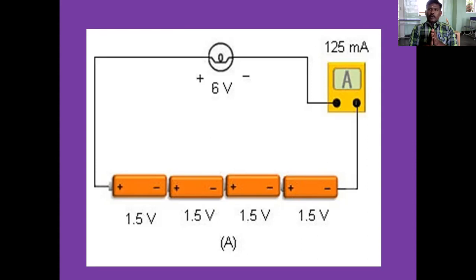If you are using one bulb, the 6 volt circle at the upper part is nothing but an electrical bulb. That bulb can glow when you apply a voltage of 6 volt. Now we are connecting 1.5 volt cells in a series combination. So you add all 4 values, 1.5 plus 1.5 plus 1.5 plus 1.5, which totals 6 volt. V is the unit for voltage. We mostly use 6 volt batteries, 10 volt batteries, 5 volt batteries.